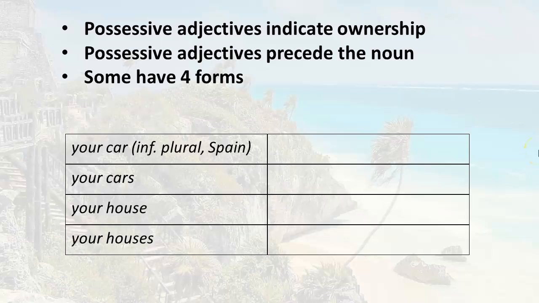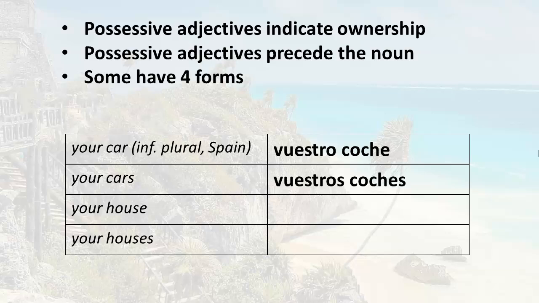We have the informal plural you, which is used in Spain. So if I'm addressing two or more people that I know well, that are my friends, then I would use vuestro for the possessive adjective. Remember, the subject pronoun is vosotros or vosotras. The possessive adjective is vuestro or vuestra or vuestros, vuestras. So your car, el coche, vuestro coche. Your cars, vuestros coches. Your house, remember house is la casa, so vuestra casa. Your houses,